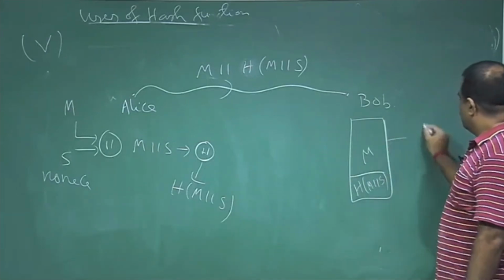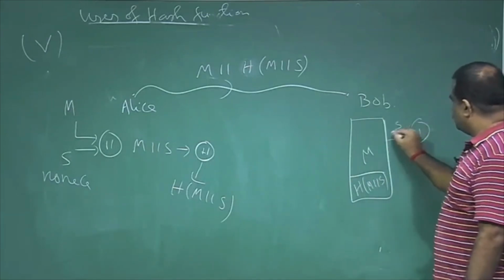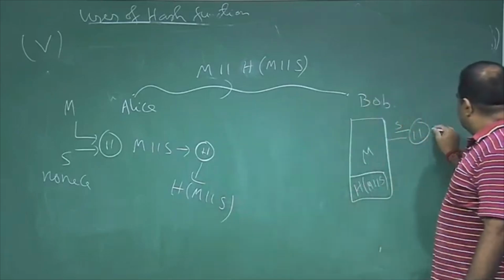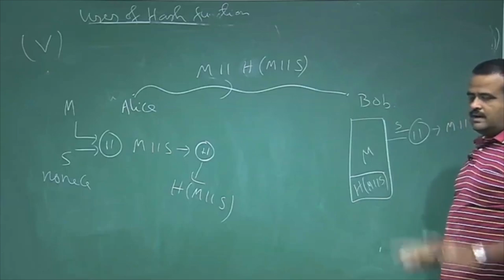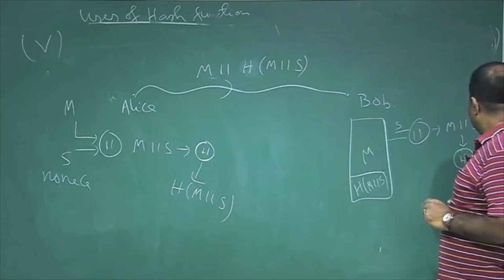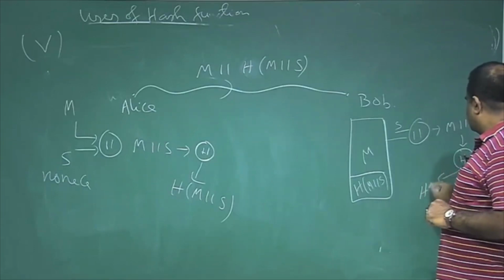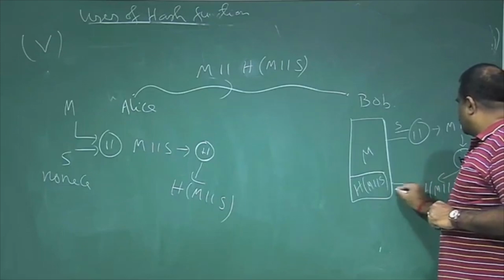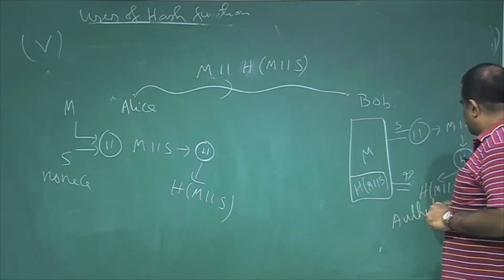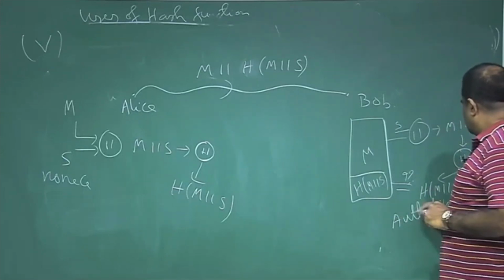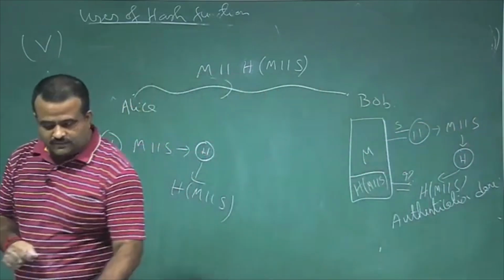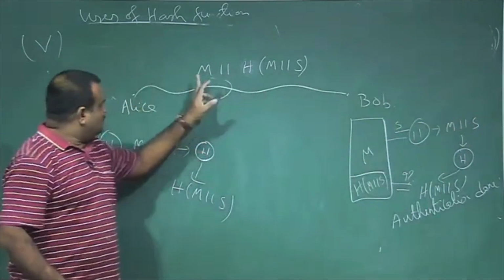So what will Bob do? This is the concatenation operation. Bob should also have the same timestamp or same nonce. So Bob will append this S with the message, and then Bob will apply the H function on it. So this should be H of M comma S, and this should be equal to the received value, and if it is equal, then the authentication is done. But here we are losing the confidentiality,